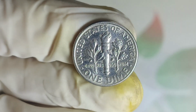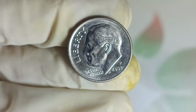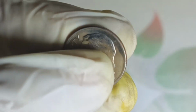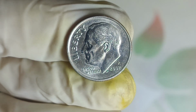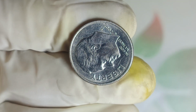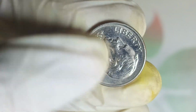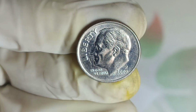A dime that has retained its original luster, exhibiting minimal signs of wear, is more likely to attract notice from collectors eager to invest in pristine pieces. A high grade, particularly in the context of error coins, can lead to bidding wars that drive the price into remarkable territories. In examining the 2002 P dime, it's vital to consider its background, the context that has led to